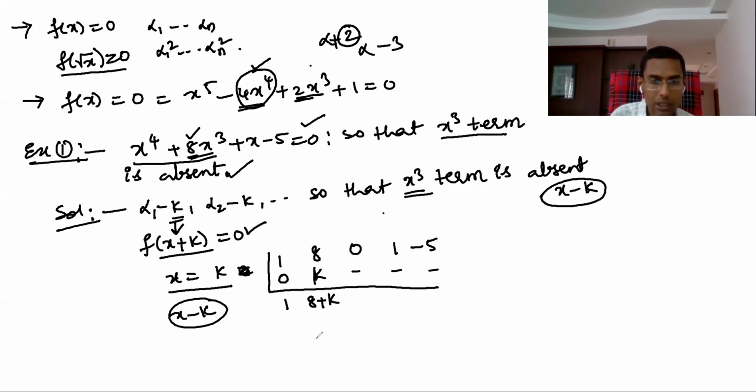The process is like this. Here for the x cube term, we used a shortcut. If at all you want the x square term to be eliminated, then you have to do another method. What is that? You should do this, then you have to find this. This part I want 0, so in the second step you will get this part. Then whenever you get this remainder, that part you can make 0.